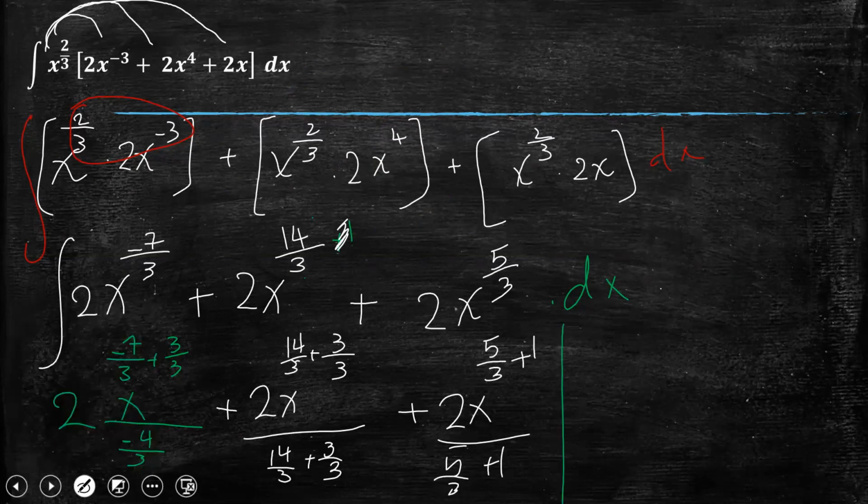Here we have negative 3 times 2, negative 6 over 4, x to the power negative 4 over 3, plus 6 over 17 x to the power 17 over 3, plus 6 over 5 x to the power